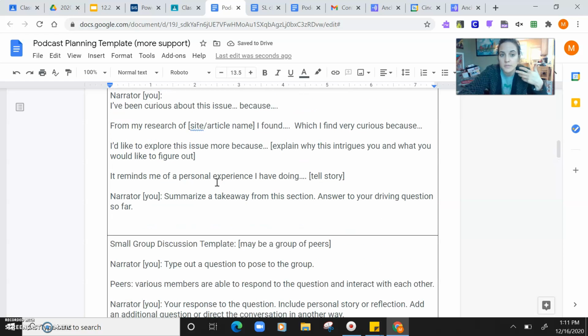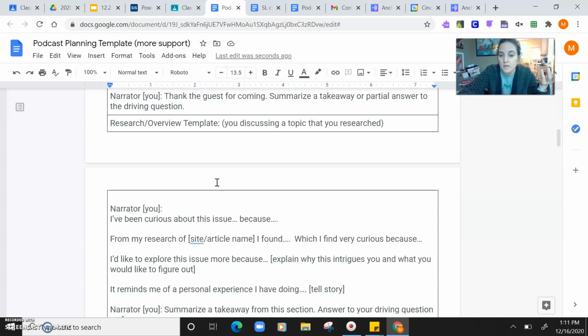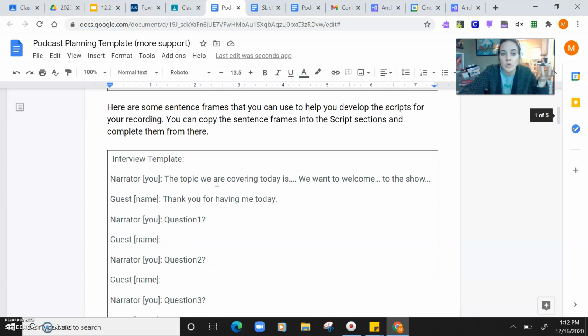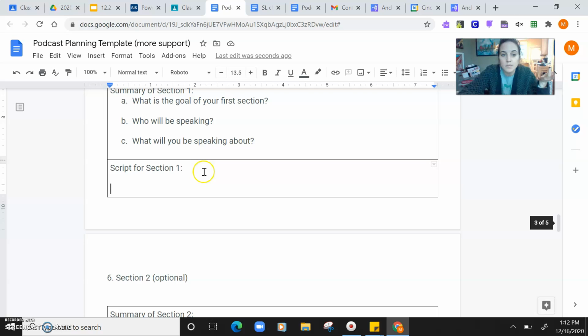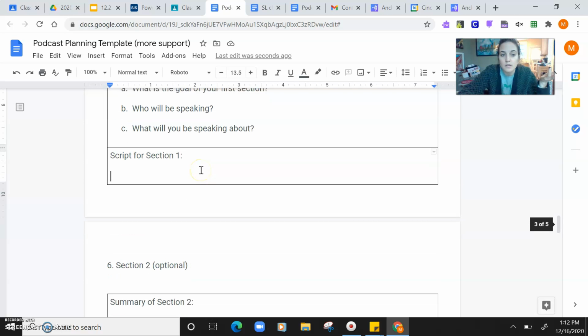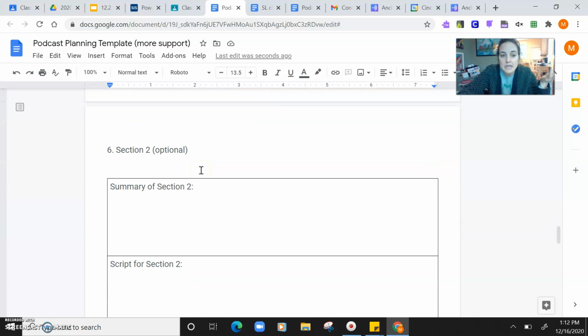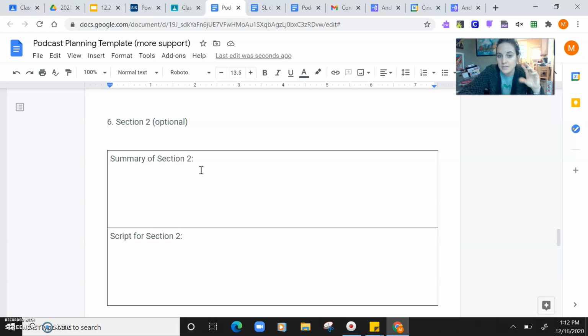So if you're doing a small group discussion, you're narrating something that you learned, or you're interviewing, that is what you're going to put down here in the script section. Okay, and then having a second section is optional. You have to have in your podcast an opening, at least one main body section, and a closing. If you have time to do a second section, that's great. You could choose a different thing. Maybe you do an interview and a topic review,